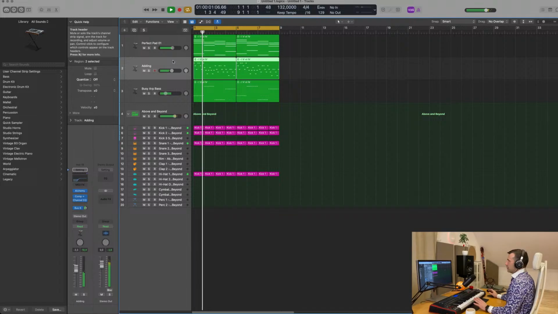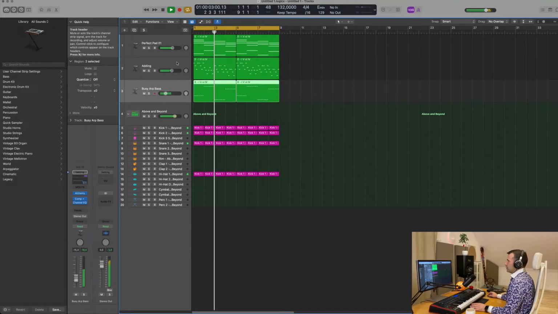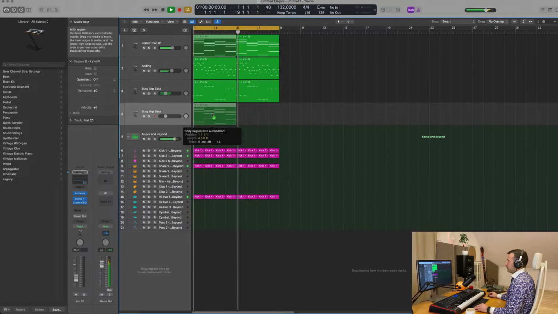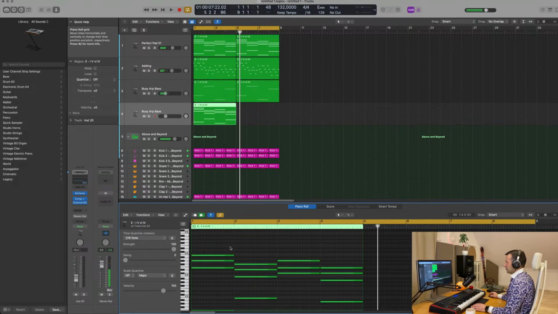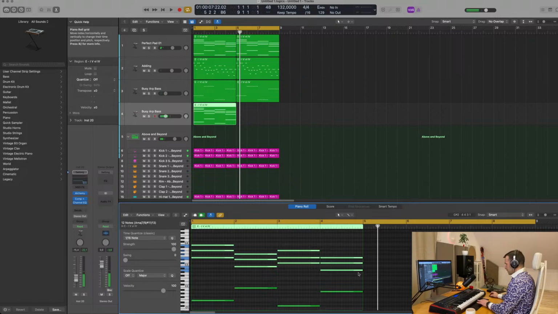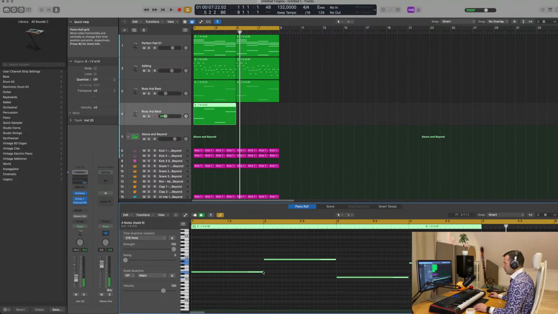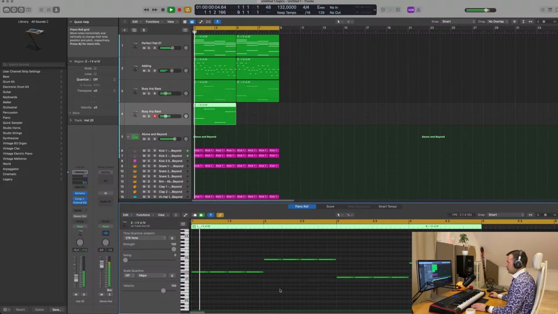So the arp is there. We might change it a little bit later. What I'm gonna do is create another channel where I'm just gonna do a very low sub bass, because I think this is missing, because our rolling bass is nice. I think the sub bass will go on a simple pattern of hits like this, big and raw. I'm not too sure what sound it would be, but